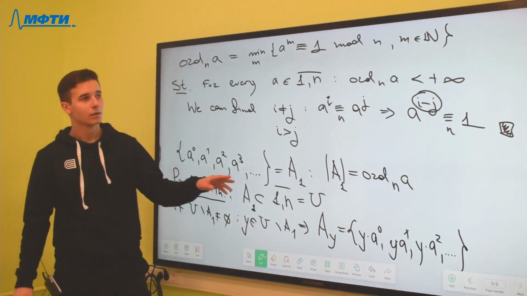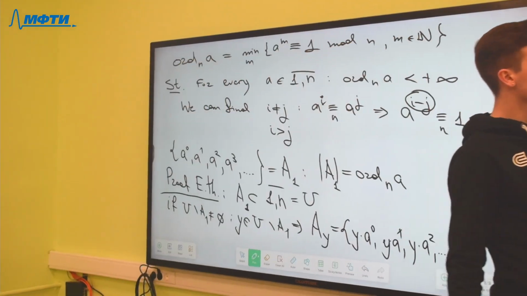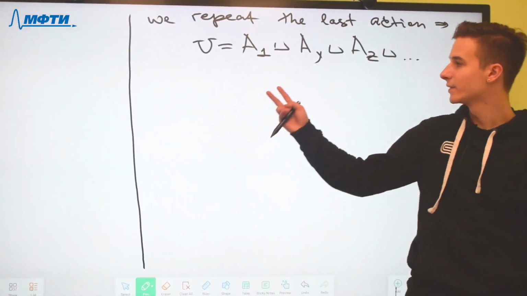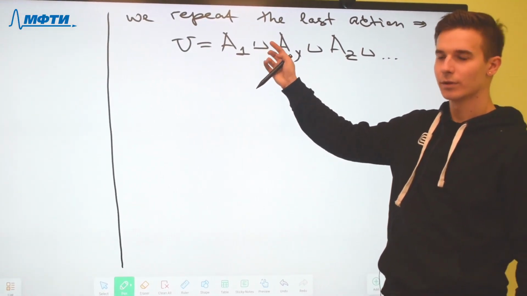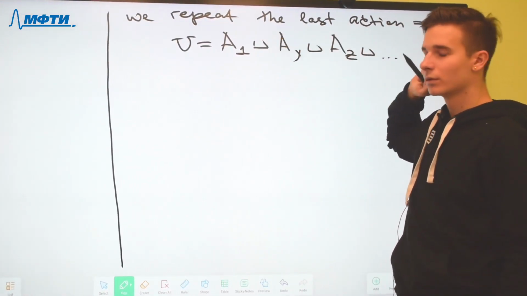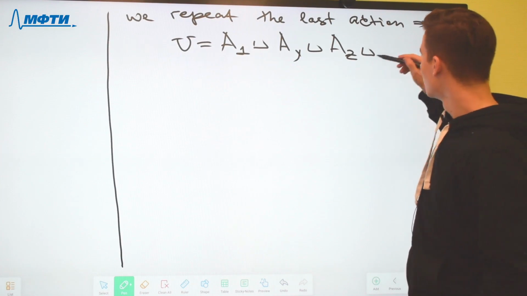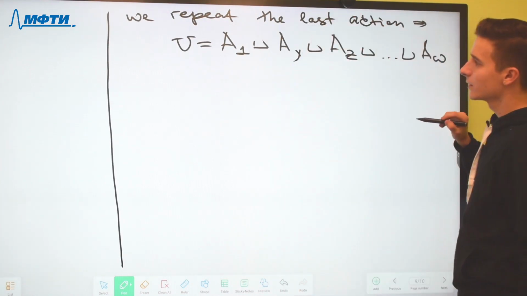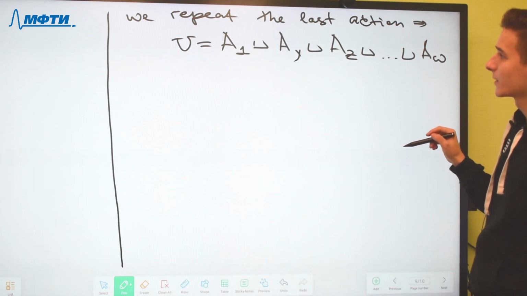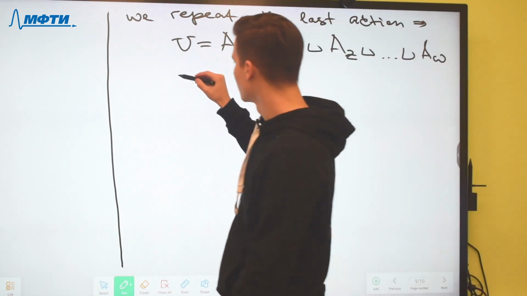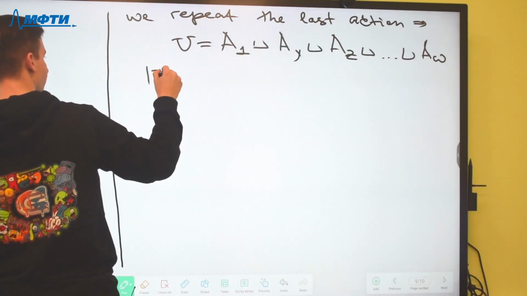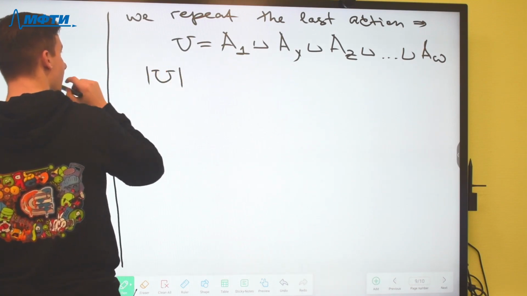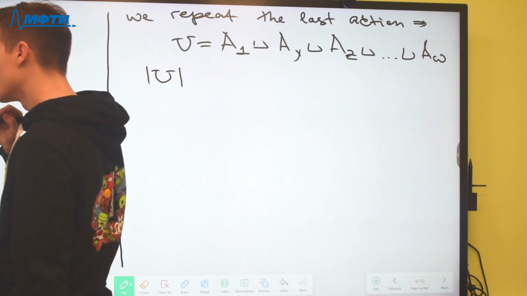So I say this union is a disjoint union. You understand these square symbols. And then we see that the number of elements of U